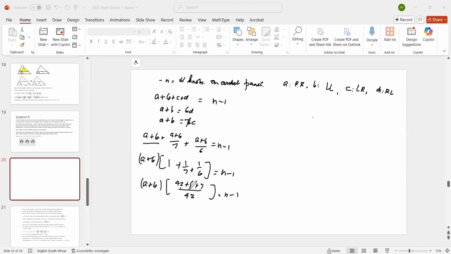And this gives you 48 plus 7 is 55. Okay, so you get A plus B into 55 over 42 equals n minus 1. So n is equal to